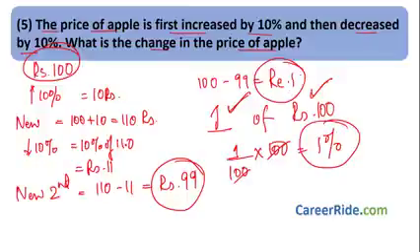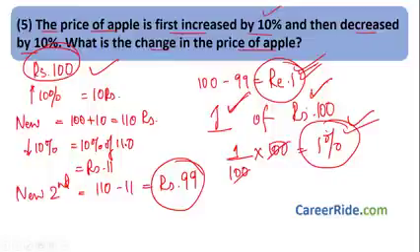Why should we not take rupee 1 but find percentage? Because here we do not know the actual value of the price of apple. It may be 1000 rupees, 10,000 rupees, 5 rupees, 50 rupees. We do not know, so we cannot take such an absolute value. We have assumed rupees 100, so we got rupee 1. So the change which is given over there has to be calculated in percentage because they have given percentage.